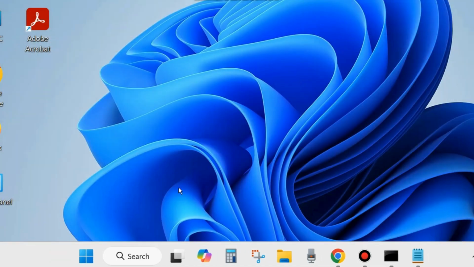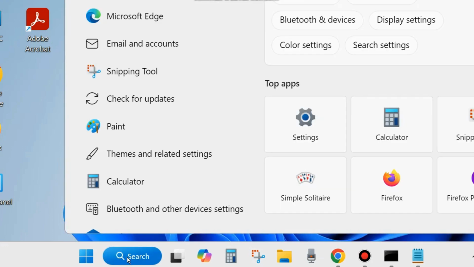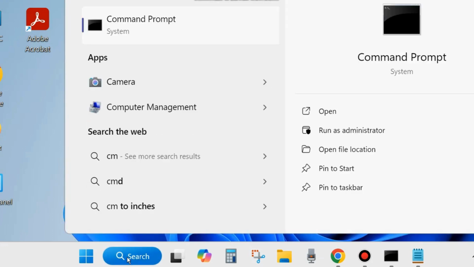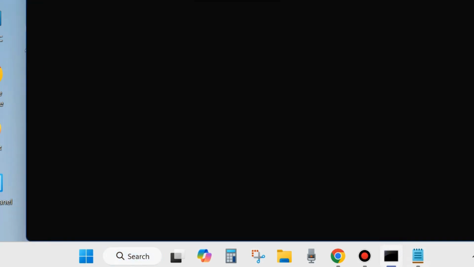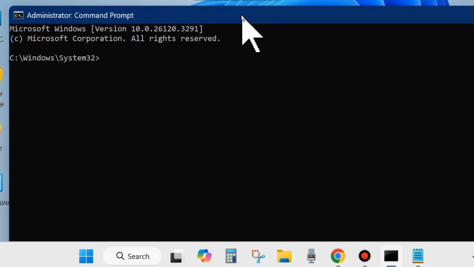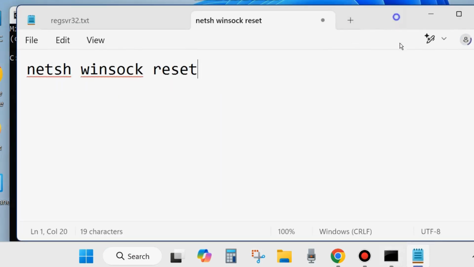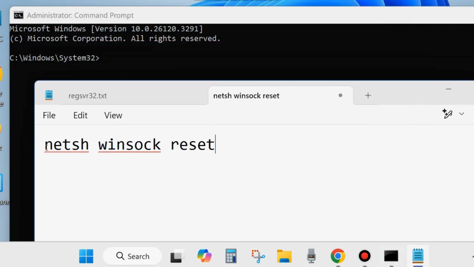Make sure of that. And after that, go to the next fix. Go to Windows search, type cmd and open Command Prompt in run as administrator mode. In Command Prompt, execute the command as shown on screen, winsock reset. Execute this command in Command Prompt